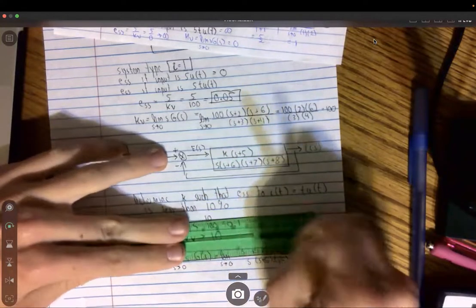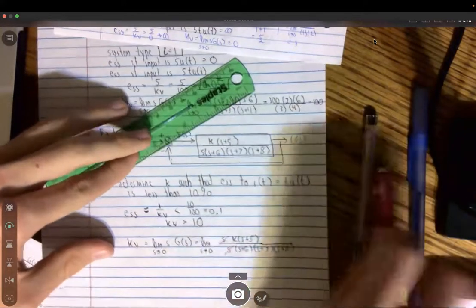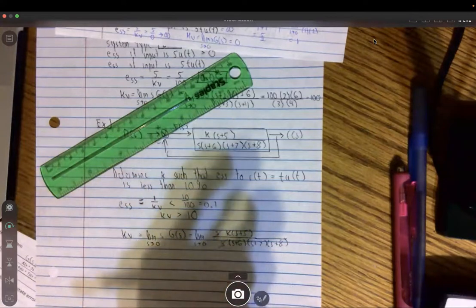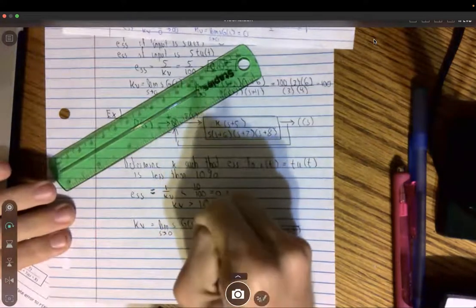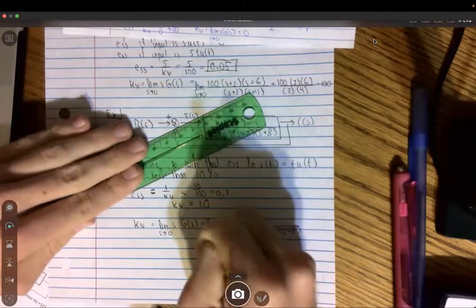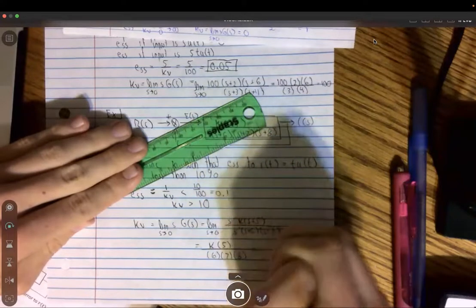What we're going to see happen is that these s's will cancel, and we're going to be left with, when we plug in 0, K times 5 all over 6 times 7 times 8. And here, when we solve for that,